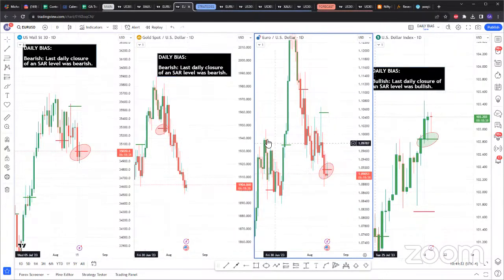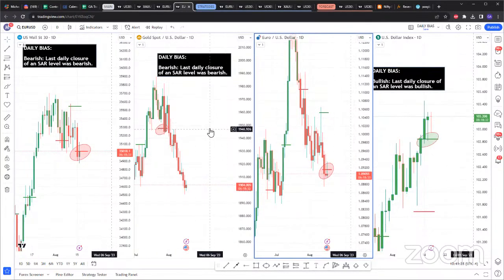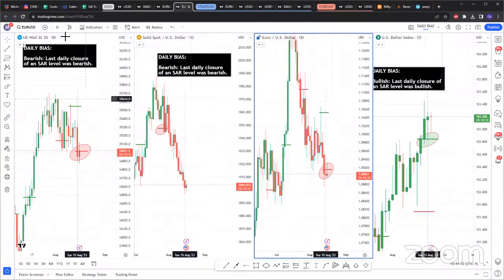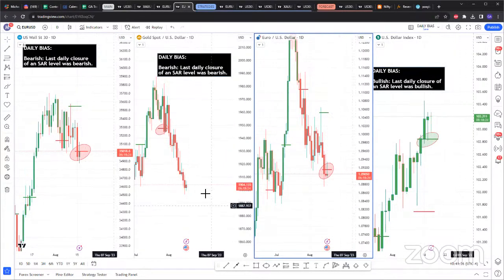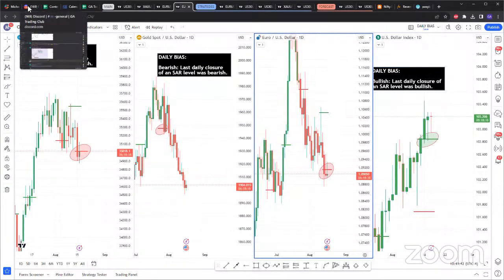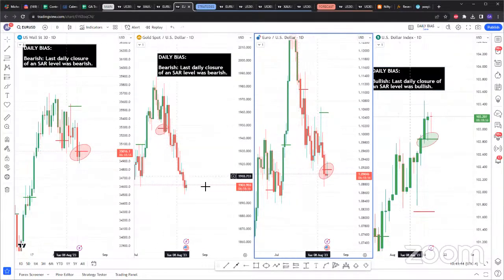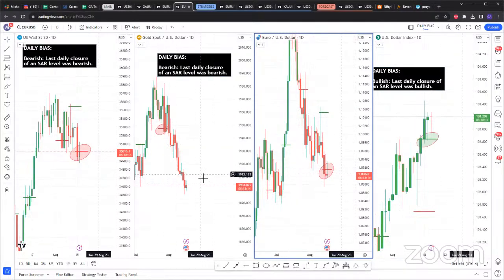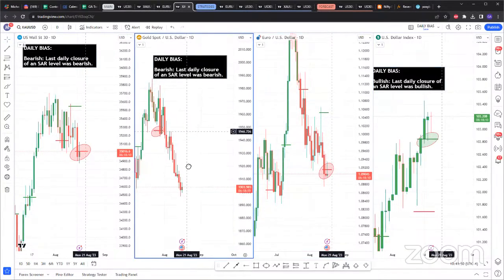To be honest with you guys, I have two accounts, and these are my testing accounts that are in drawdown. But what I've decided, especially right now since it's unlimited trading days, is I'll just wait for gold to create a buy SAR on the daily, and then I'll just start buying. So hopefully by then I have that little EA we can use for buys and buys only. I'm just saving those accounts because I'm waiting for that buy on gold.